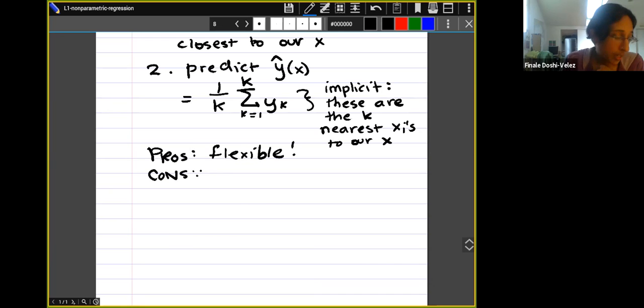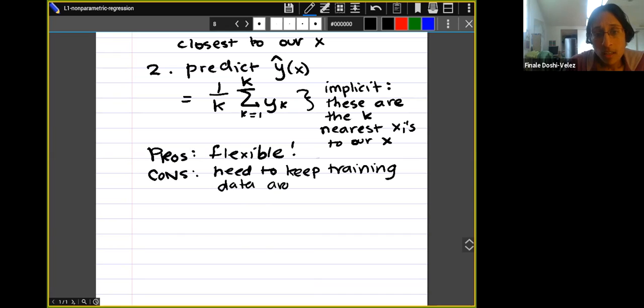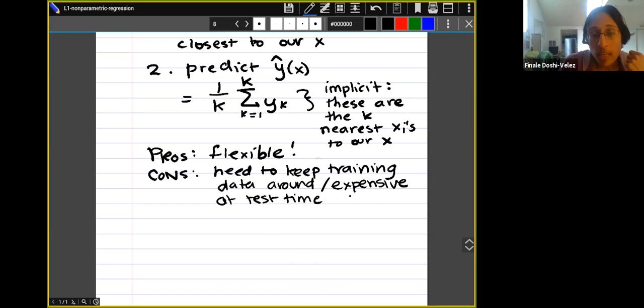Some cons, on the other hand, might be that we need to keep the training data around. And if your training data set is really large, this might be a problem, right? So if you have millions, hundreds of millions of data points, you're going to need to store all of those. And once they're all stored, you're going to have to find the nearest neighbor. So every time you need to make a query, you're going to have to look through a potentially very large number of points, right? So let's add that. So expensive at test time. Now, I'm going to put a maybe over here